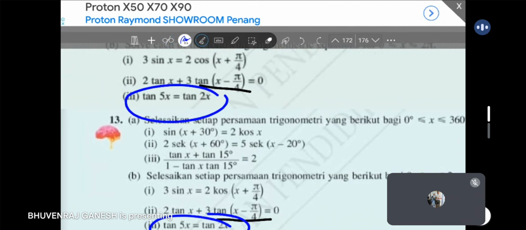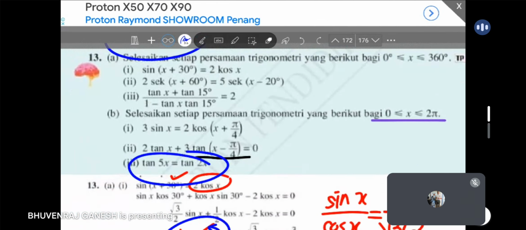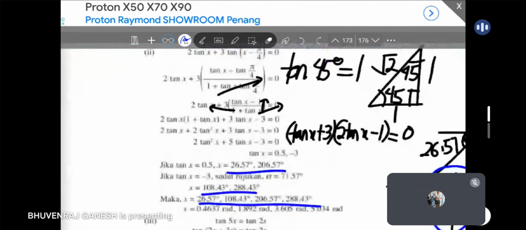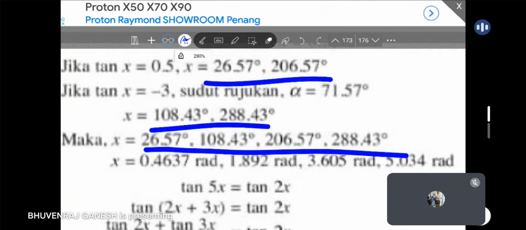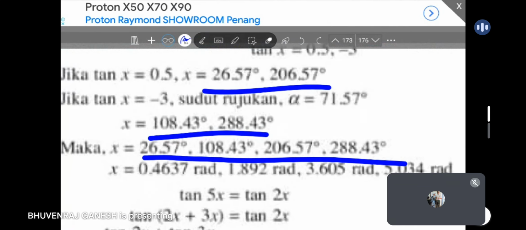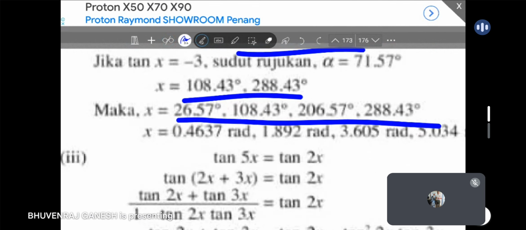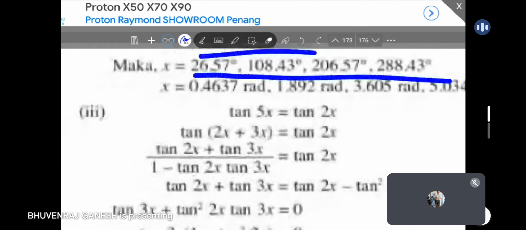Tangent 5x equal to tangent 2x. So this one, you must be smart, guys. Always try to simplify the more complex equation. Pemudahkan yang lebih susah. So guys, 5x, you can actually break it down to become 2x plus 3x. Kita boleh pecahkan 5x equal to 2x plus 3x. So then you can apply the addition formula for tangent over here. Guna rumus penambahan sahaja. Alright, so you will get this equation and then darab silang, cross multiply, and then you